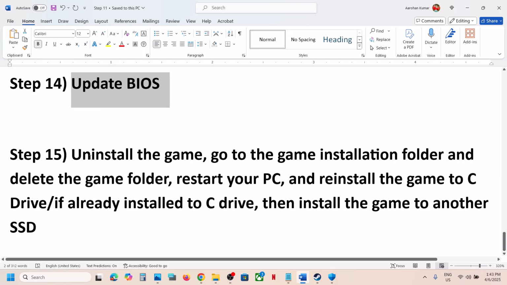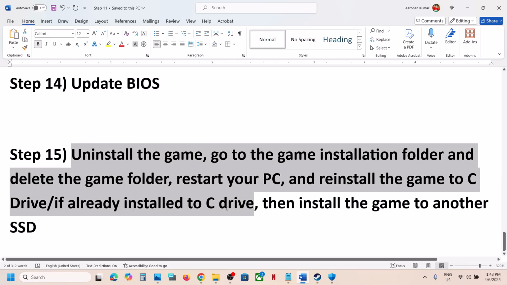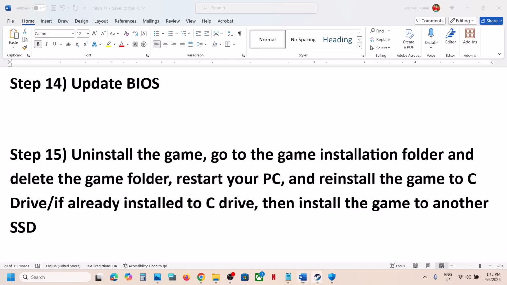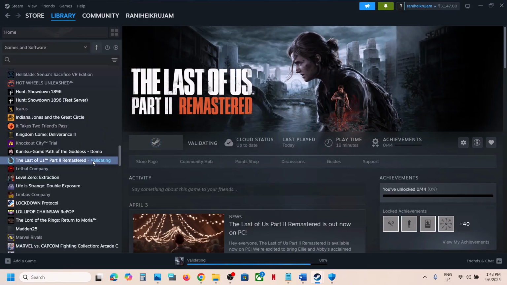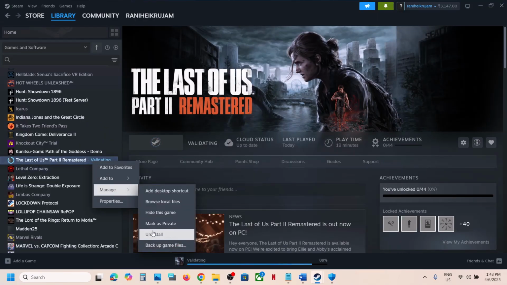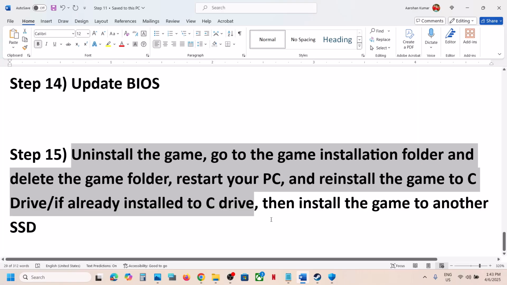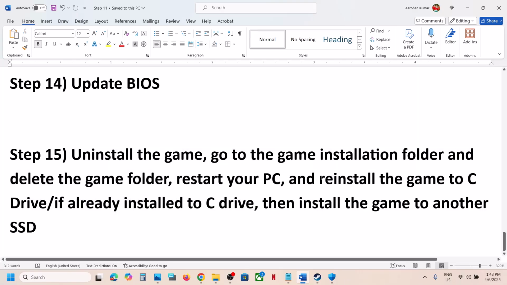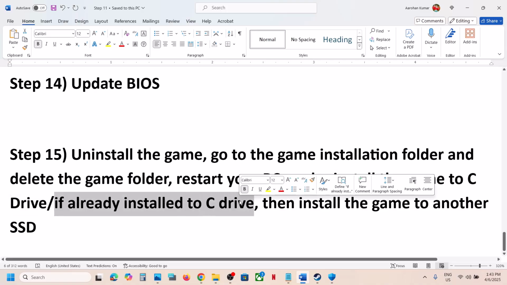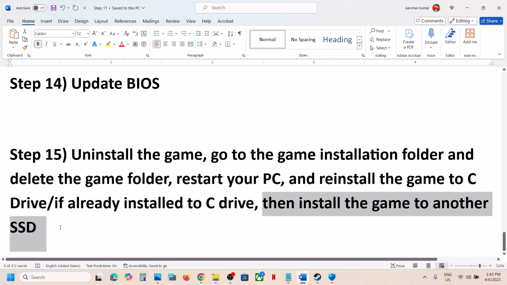Now the last step is to uninstall the game and then install it to different drives. So if nothing is working, you can simply right click on the game, select manage. Now click on uninstall. Now after the uninstall, go to the game installation folder, delete the game folder, and then install the game to C drive. So if the game is installed to any other drive like D drive or E drive, try to install the game to C drive and then you can check. If the game is already installed to C drive, then try to install the game to another SSD and then